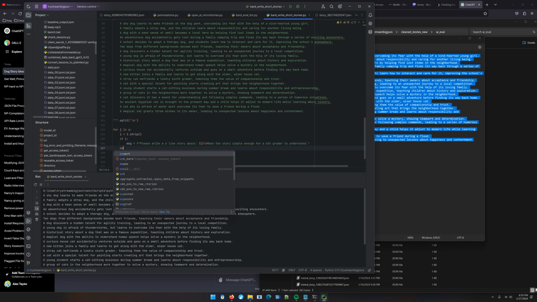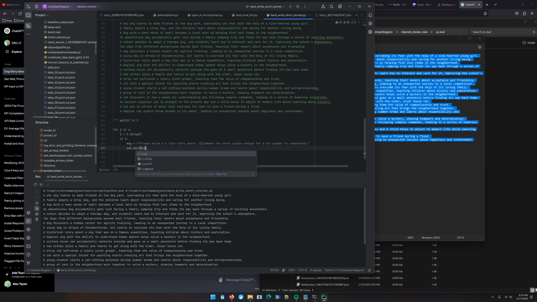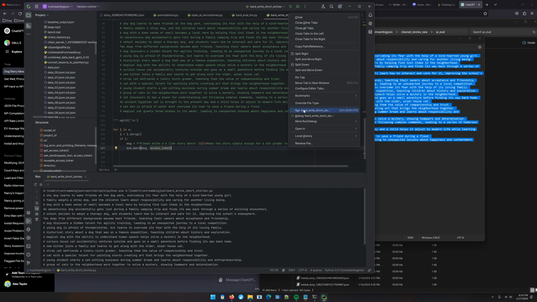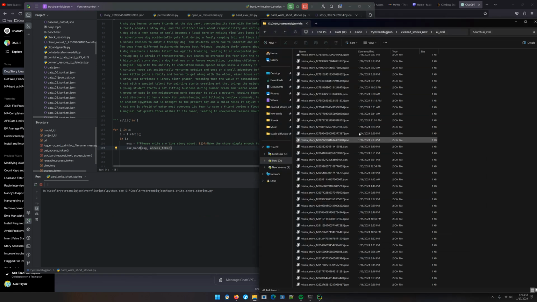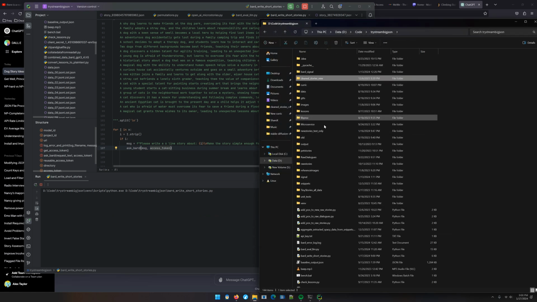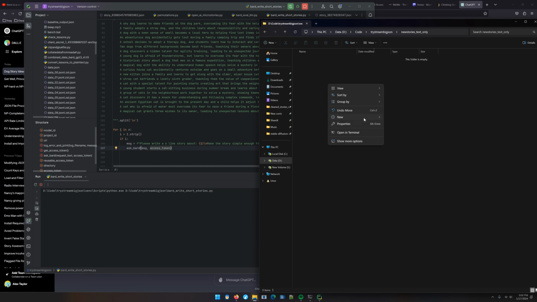So yeah, let's try one. Let's see what it does. And if it works, then we will run the rest of the script. I don't care if I get 2 stories, that's fine. Message, comma, access token. So we'll see what this does. I shouldn't need that anymore. So it should go in here, and it's going to be called something like story underscore some random number. Is that right?